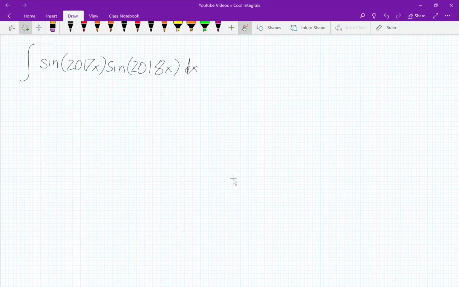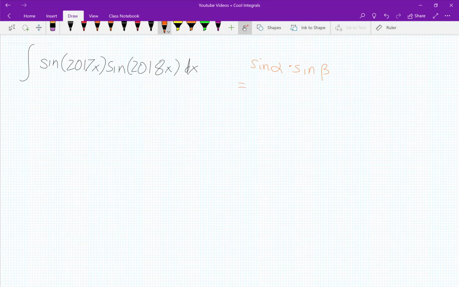Whoa! How are we going to solve this? We can't use substitution, and integration by parts just makes it look too complicated. What are we going to do? I have an idea. What if we use the trig identity that sine of alpha times sine of beta